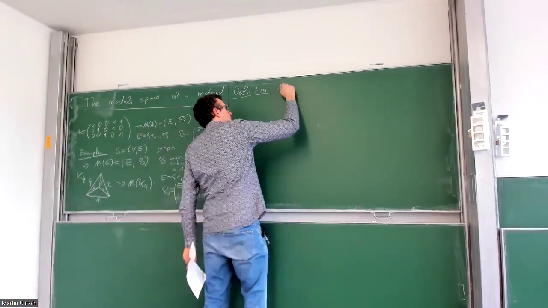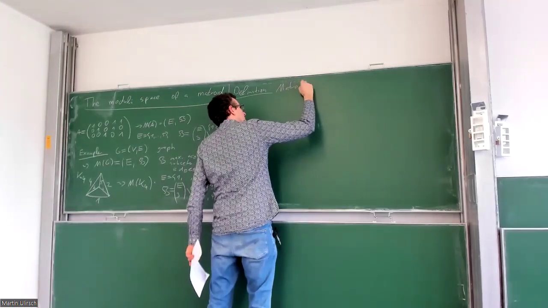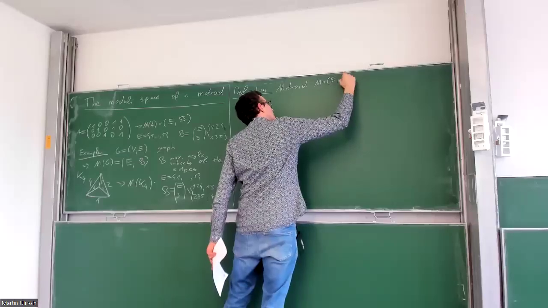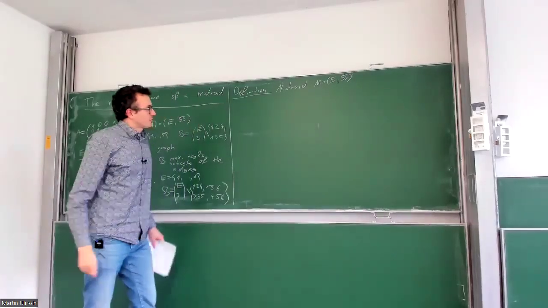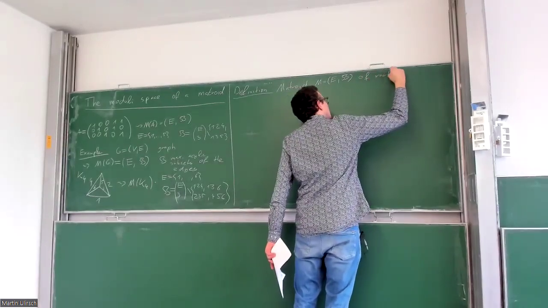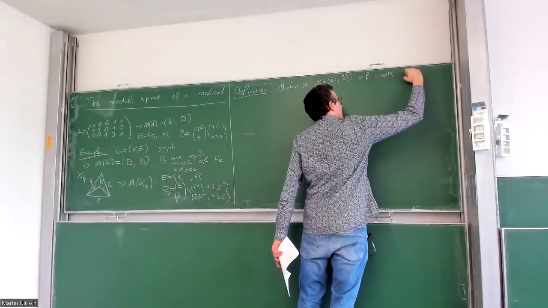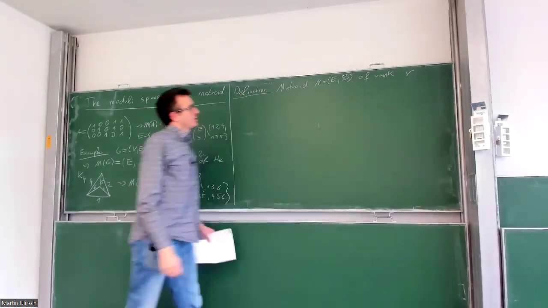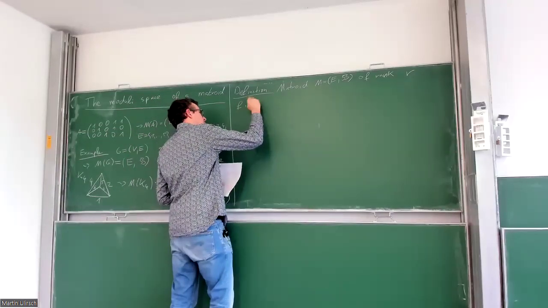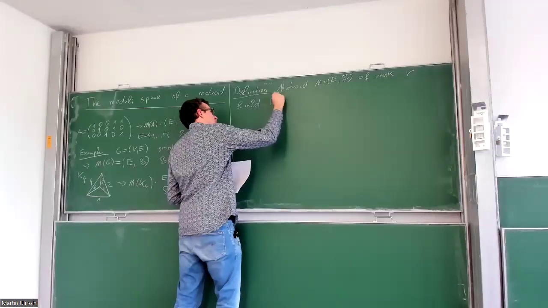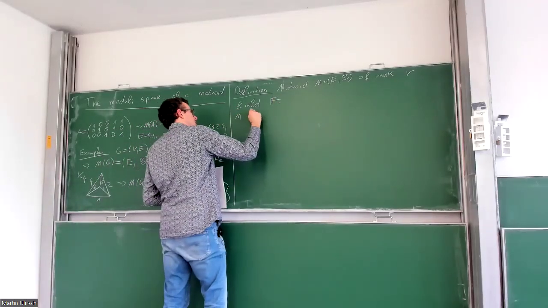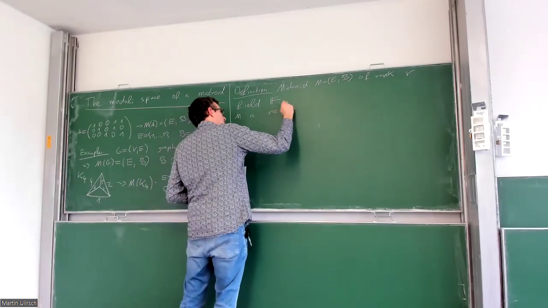So we take a matroid, a pair E, B, ground set and bases, of some rank R, meaning that all bases are of size R, and we fix a field F. And then we say that M is realizable or representable